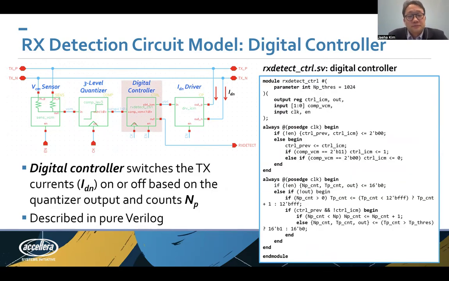Now, the digital controller in the middle will switch the current on and off depending on the quantized output, and it will also count the oscillation period at the same time. And since this is a digital controller, this can be described in pure Verilog, as you see on this slide, where the first always block performs the control, generating the control signal for switching the current on and off depending on the quantized output. And the second always block will measure the oscillation period NP using a simple counter. So this X model is based on SystemVerilog, so it can describe parts of its model in pure Verilog